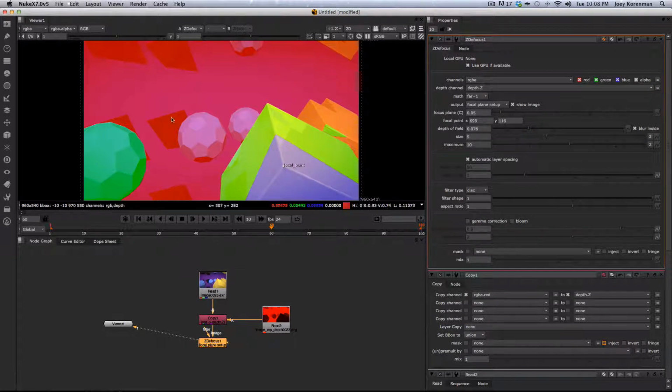And so whereas in Frischluft, you had to pick your focal point and then pick the radius of your effect, and that's all the control you have. In Nuke, you can actually dial this in exactly where you want it and then tell it how much blur to apply. So you get a lot more control. It's easier to get the effect you're going for. So let's say we want to be focused right there on this cube. All right. And I want the depth of field to be pretty small. So even the back of the cube is starting to go out of focus. So now if we go back to result,